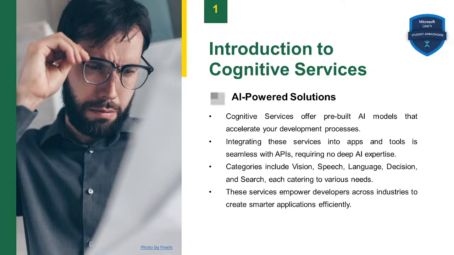One of the key benefits of cognitive services is that they are platform agnostic. Whether you're working with Azure, on-premise services, or third-party platforms, these APIs integrate seamlessly into your existing infrastructure. Imagine a scenario where you are developing an app that needs to analyze customer feedback. Using cognitive services, you can deploy sentiment analysis tools to automatically understand customer emotions and improve your product accordingly.